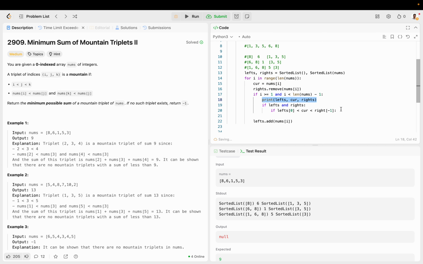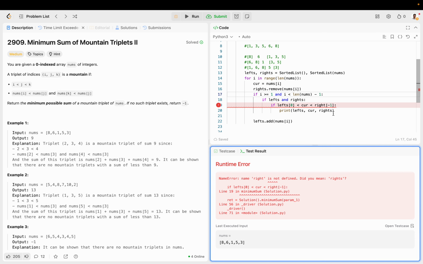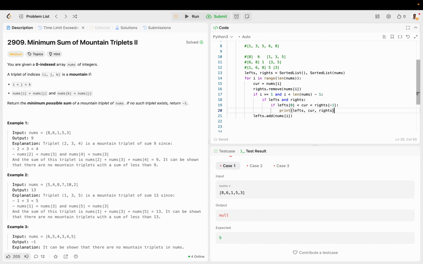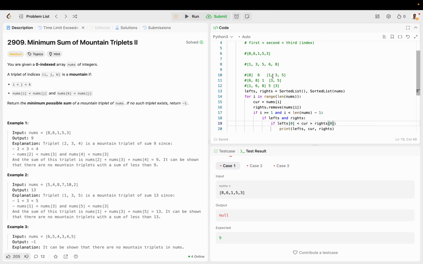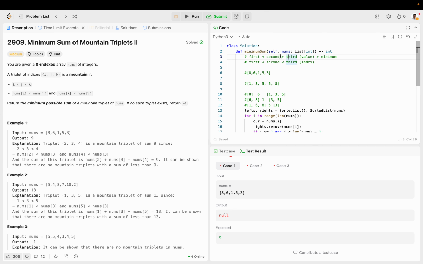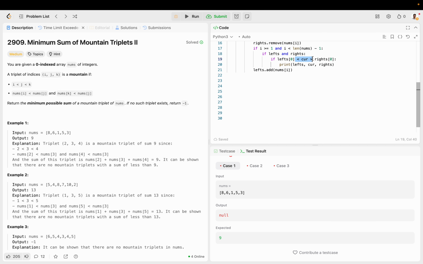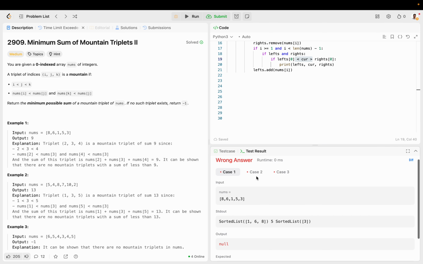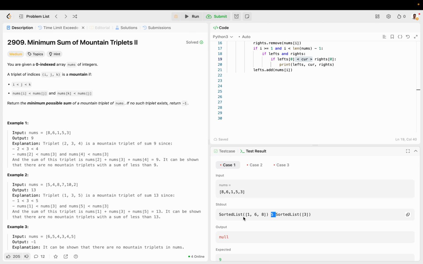Now let's just print this to make it more clear. Now we actually have a possible result. Rights. Okay, so current is... Okay, so it's supposed to be bigger than rights 0 because of what we said above here, not less than, but everything is smaller than the middle value, what we're doing here. Okay, cool. So now we have a possible solution,